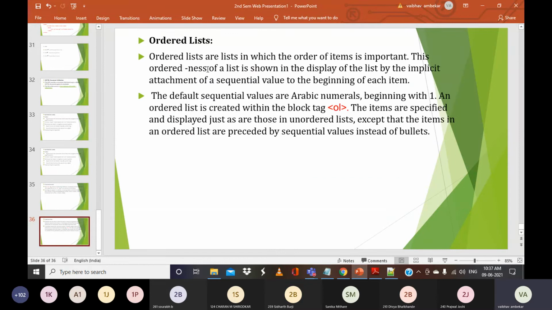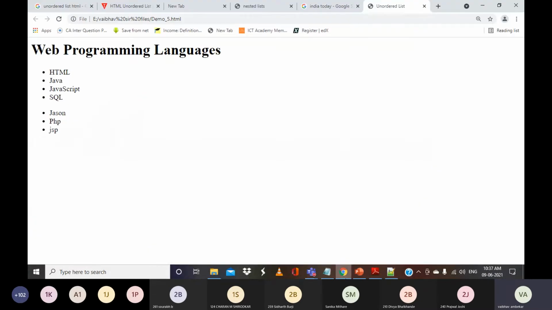Ordered lists are lists in which the order of items is very much important. This orderedness of a list is shown in the display of the list by the implicit attachment of a sequential value to the beginning of each item. In the case of an unordered list, there will be no number. Just a dotted bullet will be applied to all the elements.